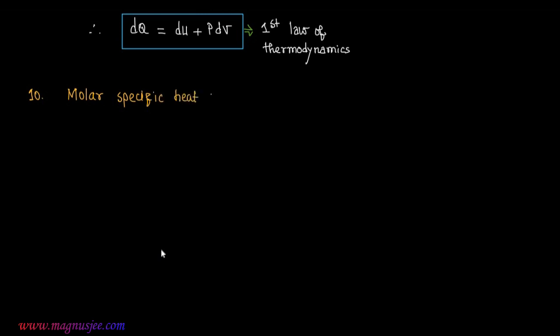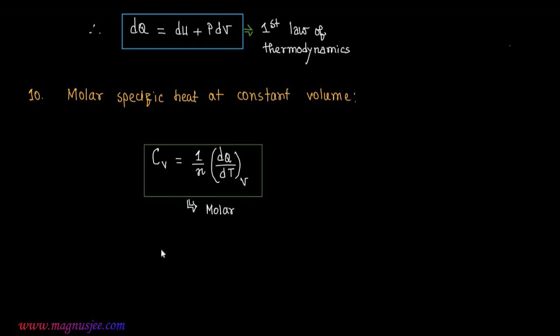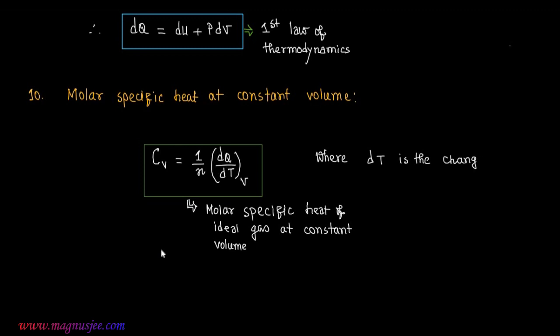Now we have to know the formula of molar specific heat of the ideal gas at constant volume. Molar specific heat of the ideal gas at constant volume, which is capital Cv, is equal to 1 by n dQ by dT at constant V. Cv is the molar specific heat of the ideal gas at constant volume, where dT is the change in absolute temperature